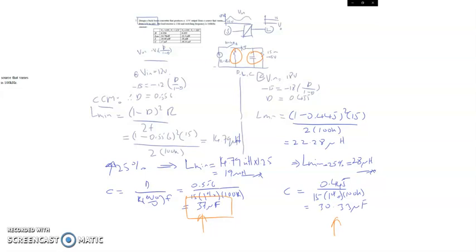And from the inductor point of view, between 14 and 22 microhenry, the higher should be selected